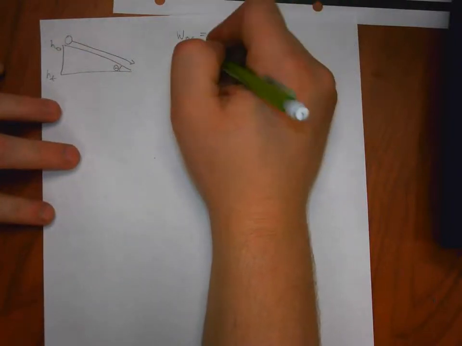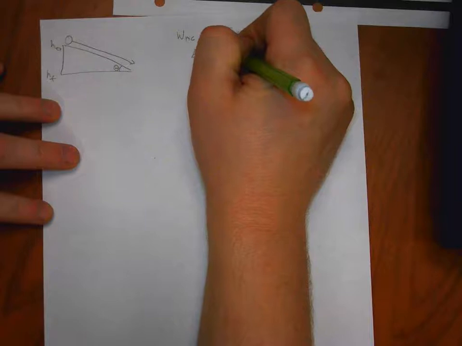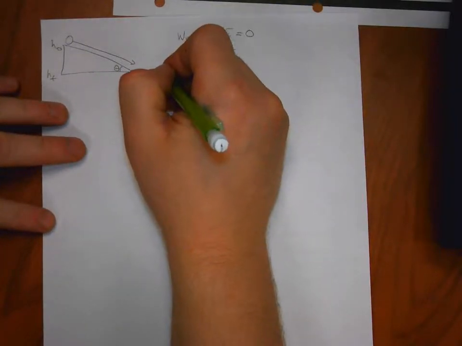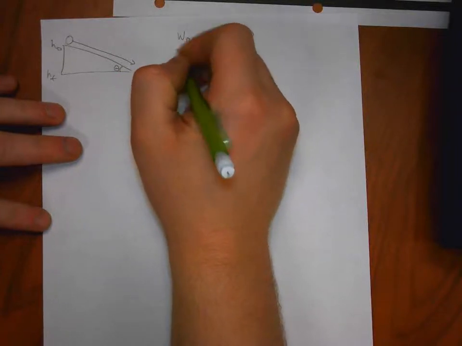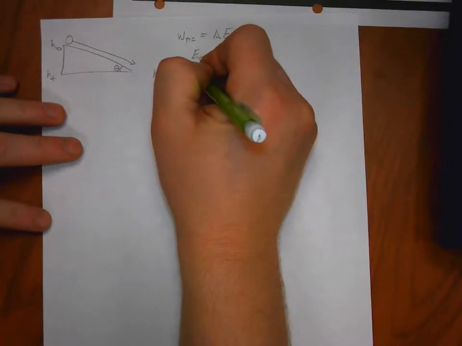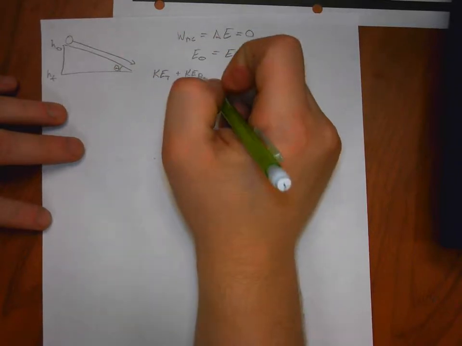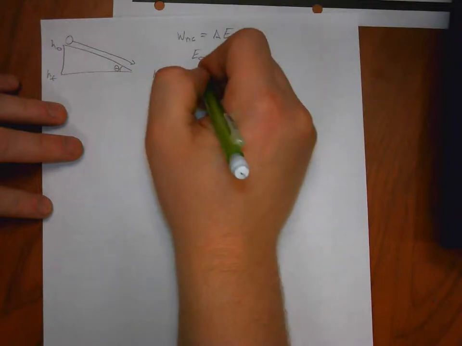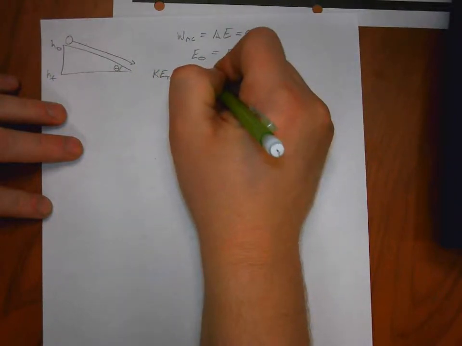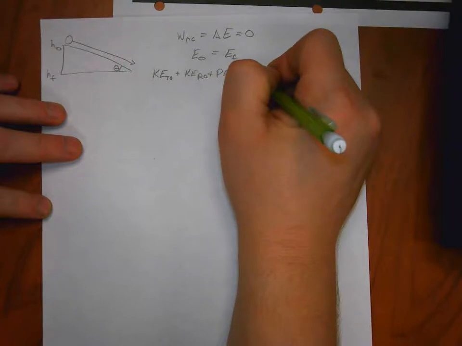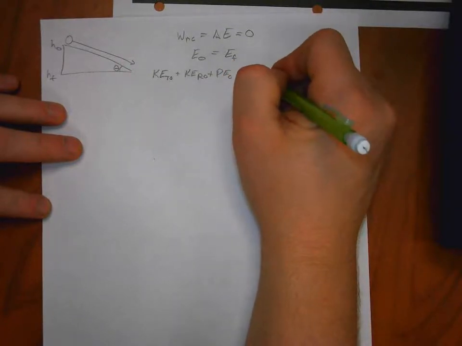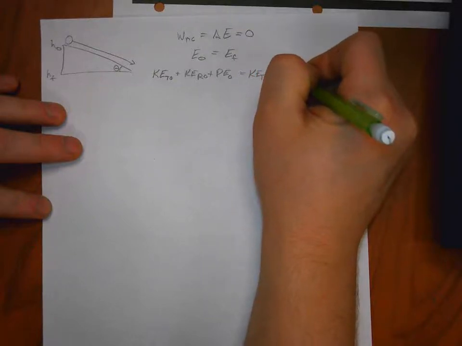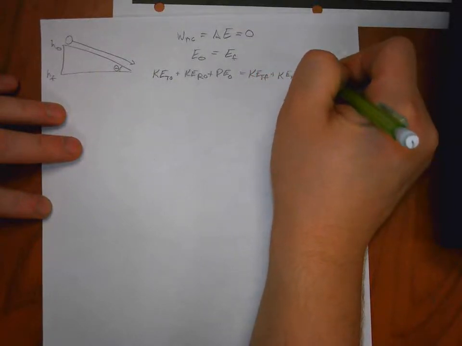So we say that energy initial equals energy final, and then kinetic energy translational plus kinetic energy rotational, because now we have a second kinetic energy to add in, plus potential energy, oh, and these are all initial, equals kinetic energy translational final plus kinetic energy rotational final plus PE final,